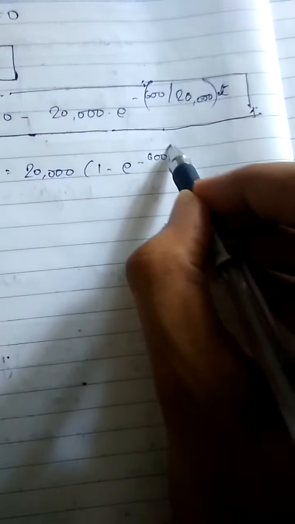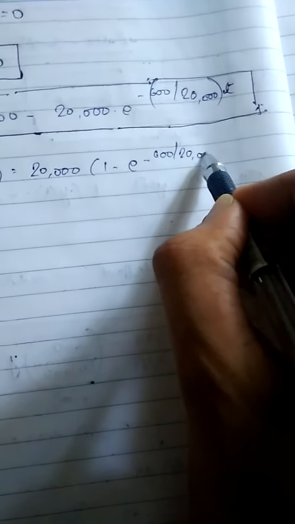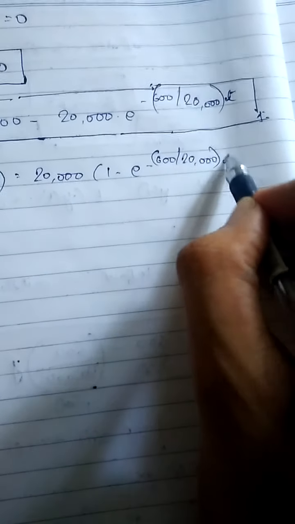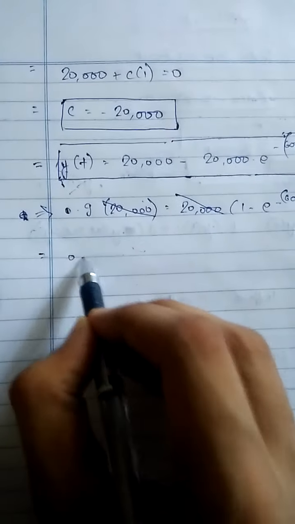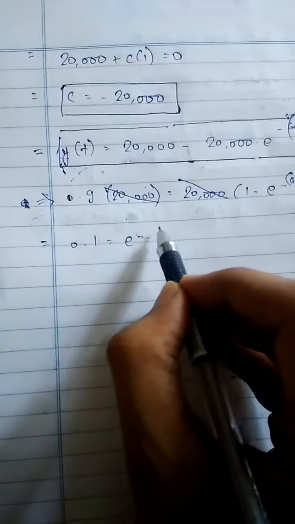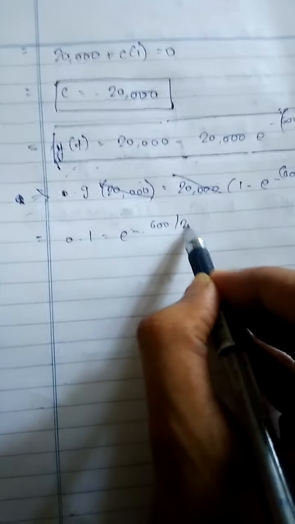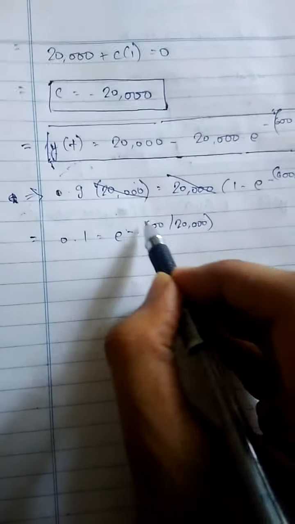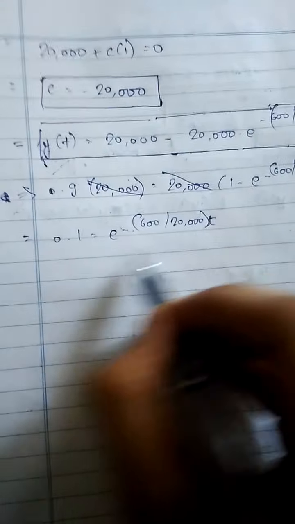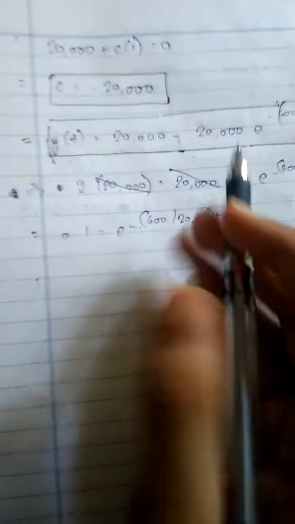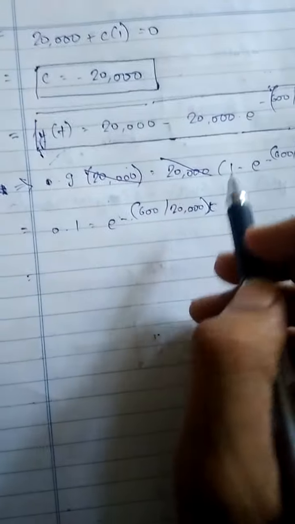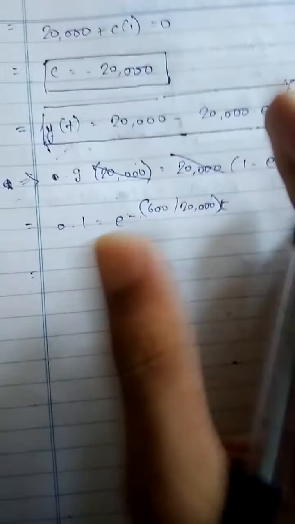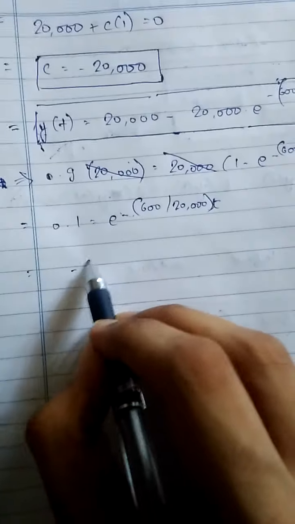Now I can write this as something of this kind here. Taking natural log on both sides and taking this to the left hand side, so that I can get t on the left hand side, we get